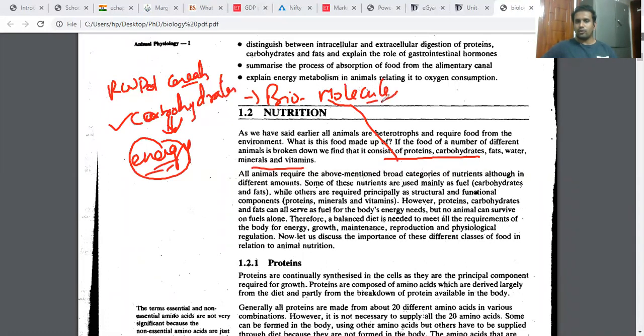Biomolecules means the molecules that exist only in biological organisms like you and me. These molecules, whatever we are talking about, carbohydrates, protein, fats, do not exist in your laptop. Your laptops and your bikes are not made up of these molecules. None of the non-living things will have these biomolecules such as carbohydrates, protein, and fats. Only living organisms will have these kinds of molecules present. That's why we call them biomolecules, meaning the molecules present only in living organisms, nothing but the biotic component of the environment.